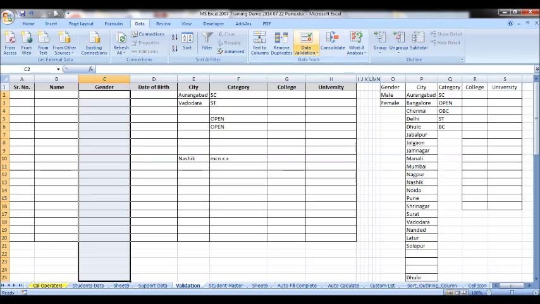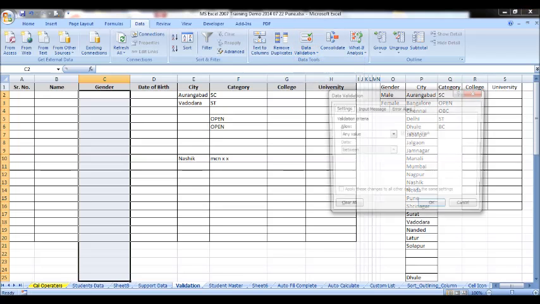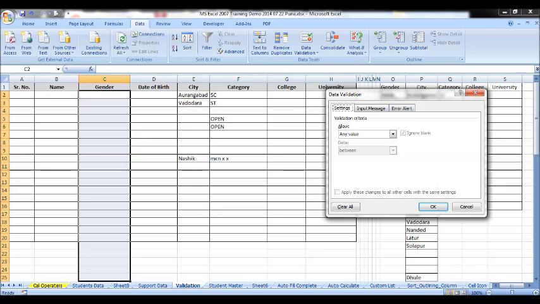Select the cells, go to data validation, validation window, go to list and type the text which you want to enter there as a list for data validation, and separate each word by comma. Here in case of gender there are only two possibilities.